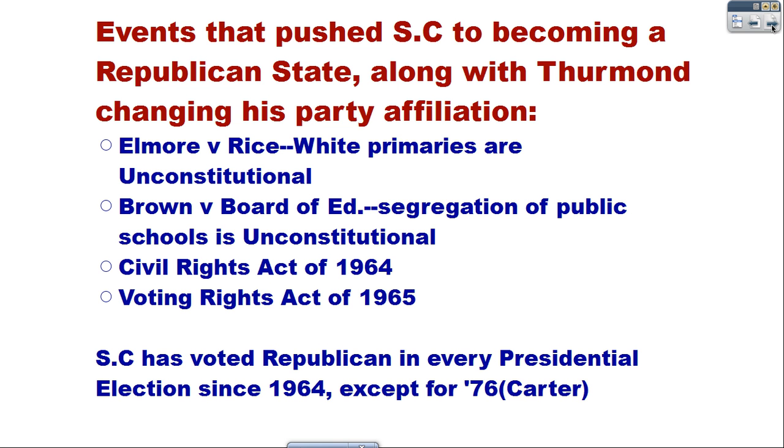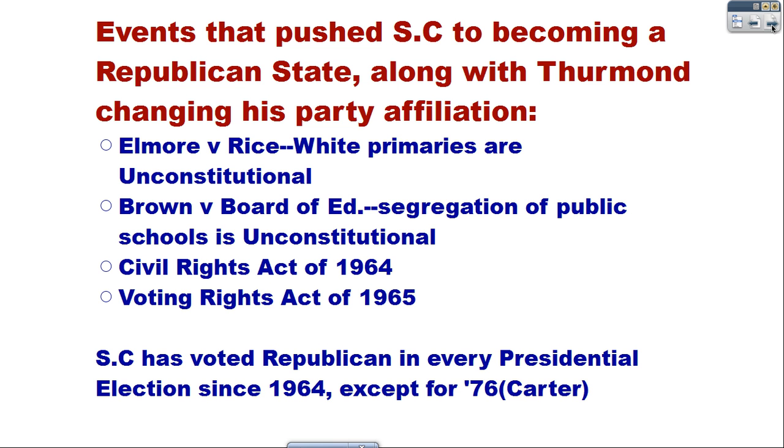So between 1948 and 1964, we see this change from the Democratic Party to the Republican Party. Now, along with the state, Thurmond is going to switch his affiliations as well. He's going to change over from the Democrat to a Republican because of a lot of different things. Some of the events include the Elmore versus Rice Supreme Court case that said white primaries or white only elections